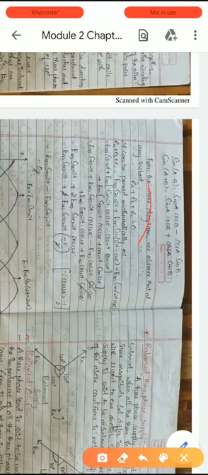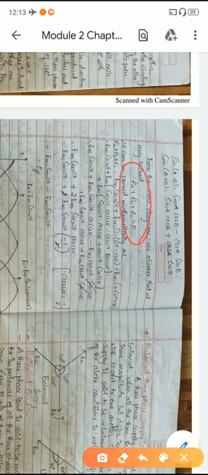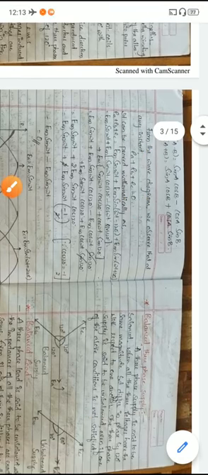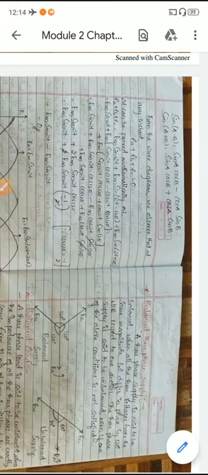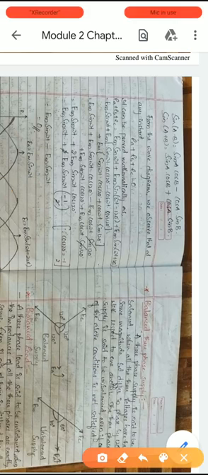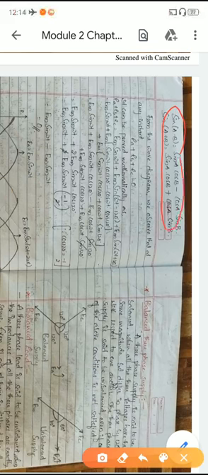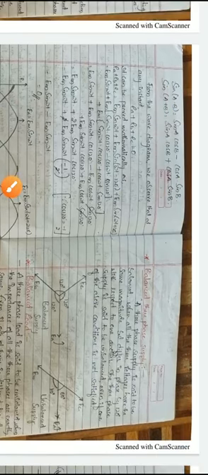right? So from all the wave equations what we can conclude is, if you add all the voltages Ea, Eb, Ec, it should be equal to 0. So that we can prove mathematically. So Ea plus Eb plus Ec is equal to what? Em sin omega t plus Em sin omega t minus 120 degrees plus Em sin omega t plus 120 degrees. Ea, Eb, Ec. And we know that sin of A minus B is sin A cos B minus cos A sin B, or sin of A plus B is sin A cos B plus cos A sin B. Using that formula, expand this equation, what will we get?